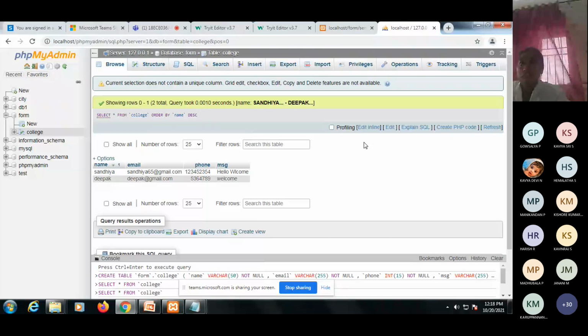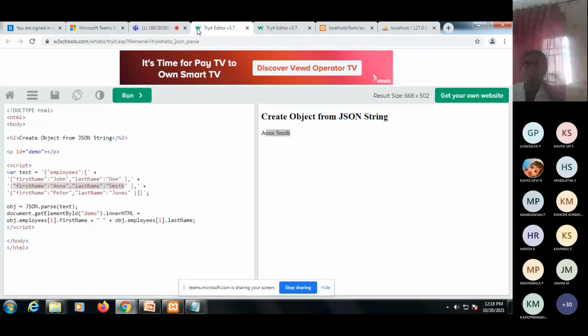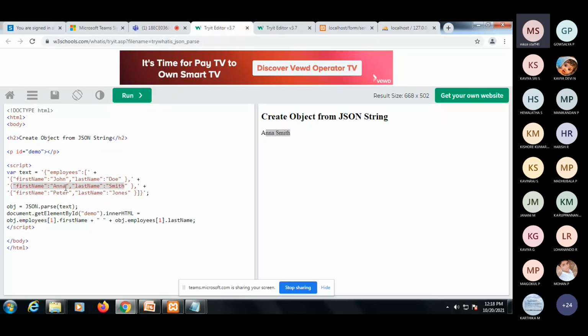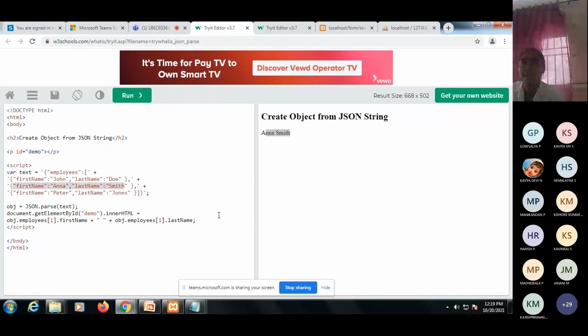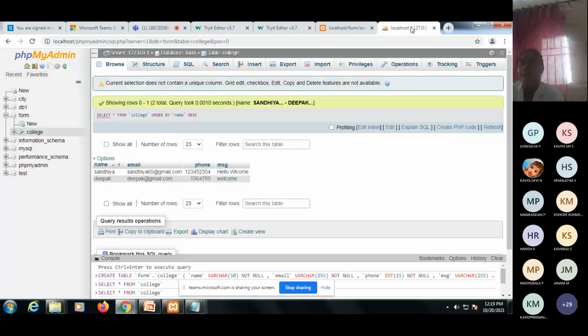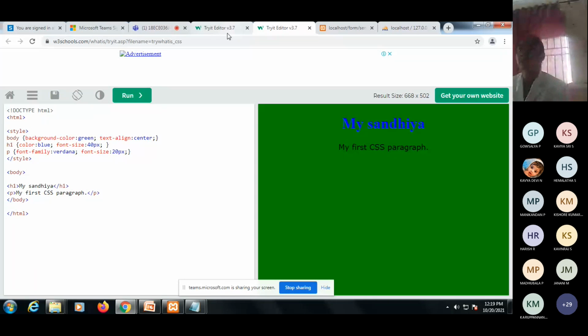Okay, so that's it. Likewise, in W3Schools itself, we have web development. Just open your W3Schools website. There you have the HTML format, JSON format, and various other scripts. So in this you open it and give run here. Try it yourself and run here. Your website is created. Okay, so then see here. Yeah, run.